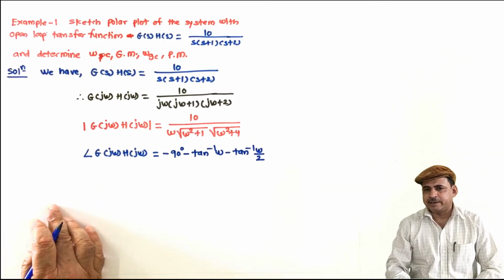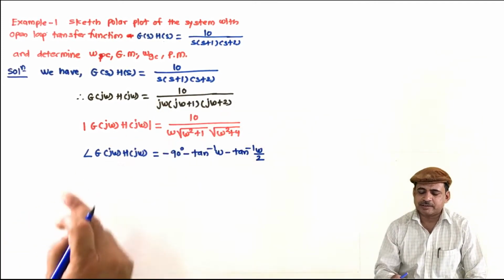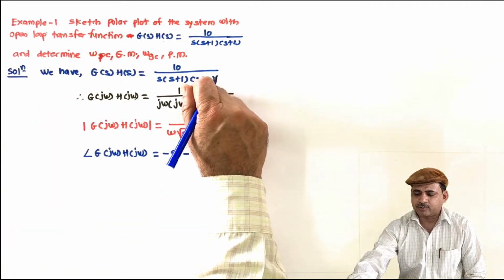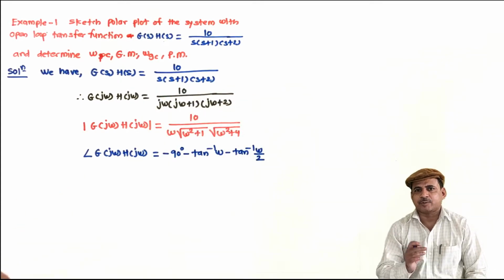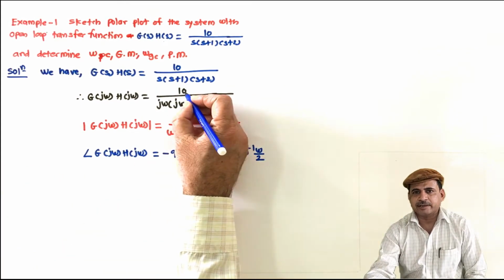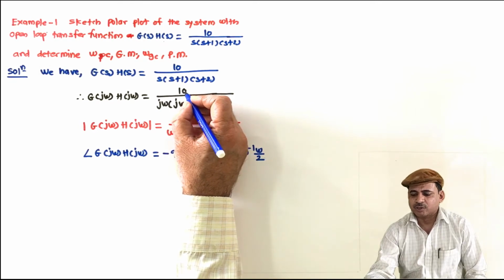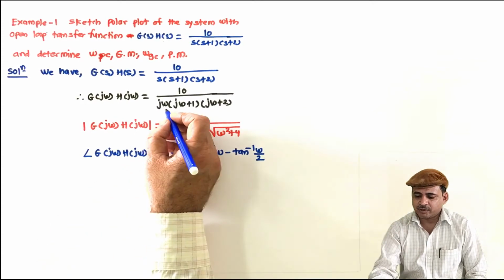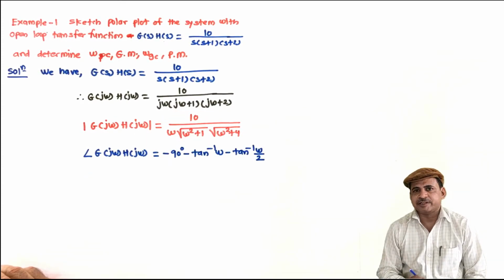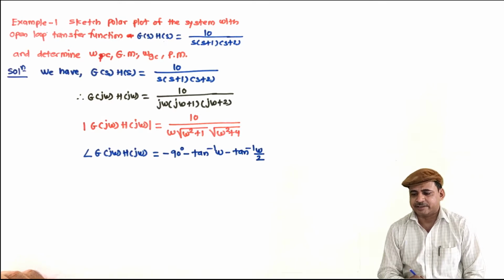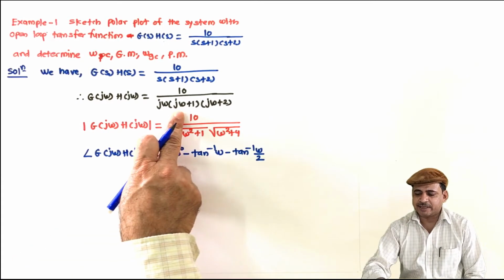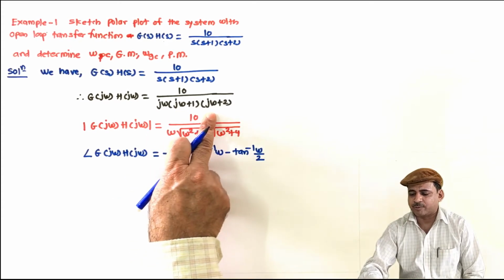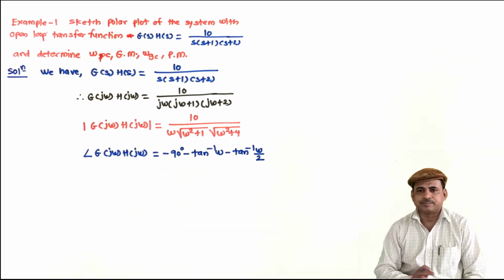So, how is the phase calculated? Phase for this function is phase of numerator minus phase of denominator. And phase of numerator for the 10, always phase is tan inverse of imaginary by real. Here for this 10, imaginary part is 0, so phase is 0. So, 0 minus the summation of the phase of these 3. So, for this j omega, real part is 0, so tan inverse of infinity is 90, that is why minus 90. For the second one, tan inverse of omega by 1 is tan inverse of omega, and for the third one, tan inverse of omega by 2. So, this is the phase.